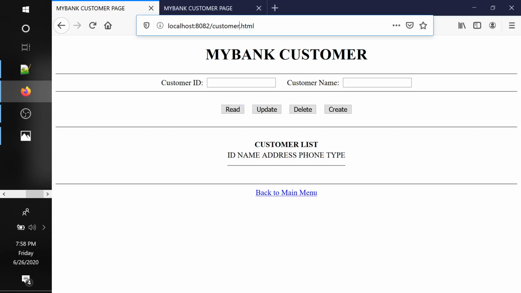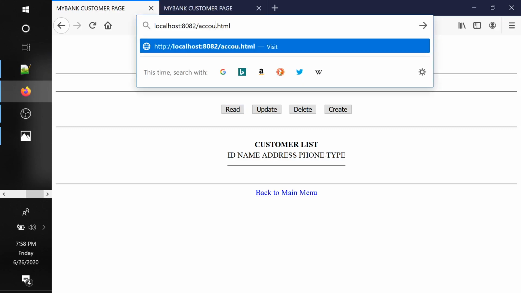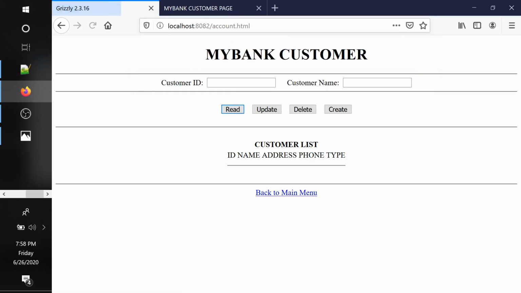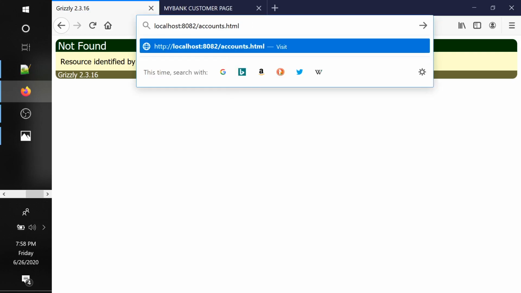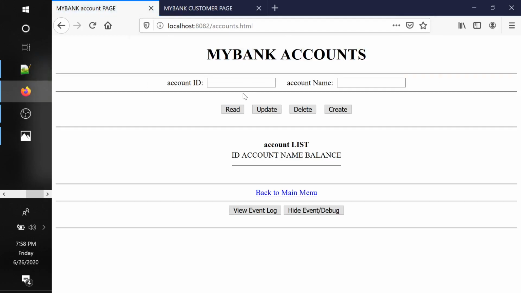But on port number 82, account is connecting to port number 8082, right? So let's see, account is working. So the accounts page has come, and if I try to get account details on port number 82, it should work.